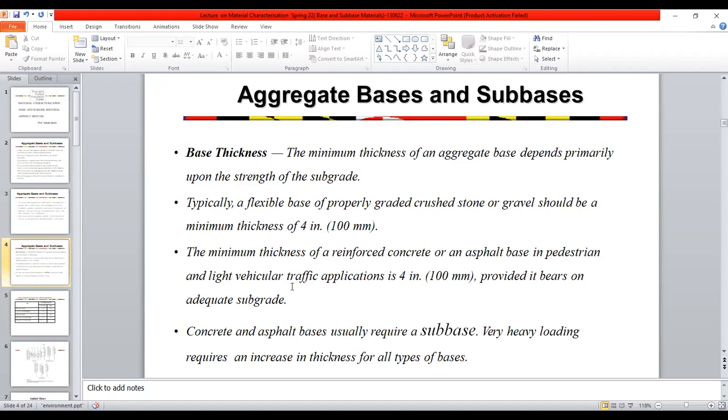Now, if you are talking about a reinforced concrete or a lean concrete, 4 inches is enough, depending upon what type of subgrade we have. But normally, if you have a subgrade of say CBR 10, it's very safe to use 4 inches thickness of a base.